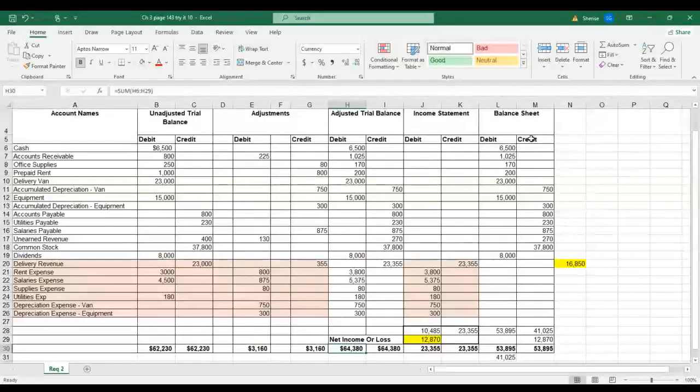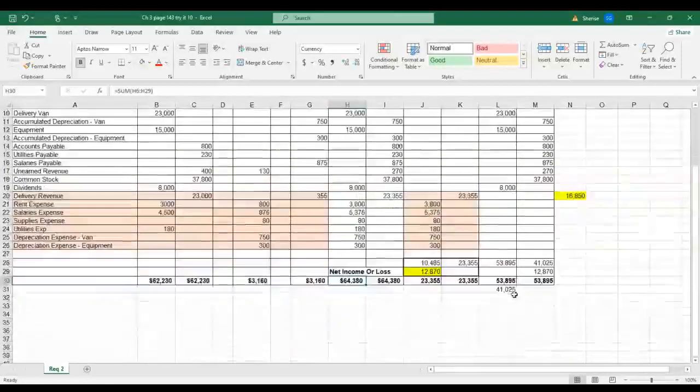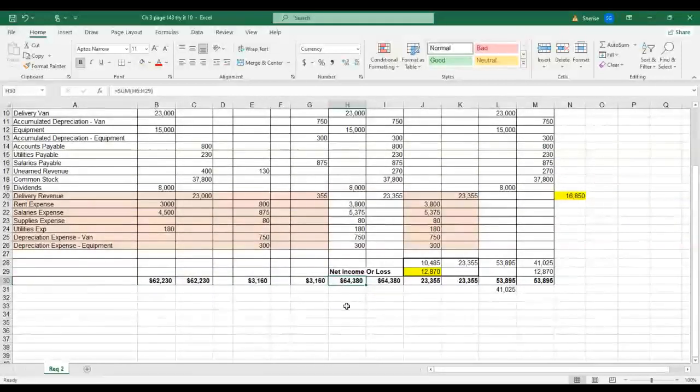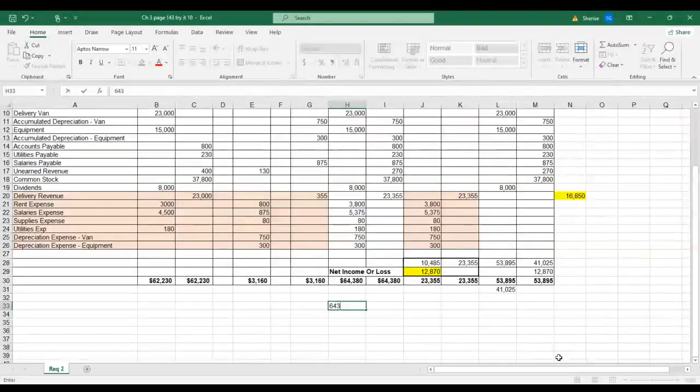That's another way for you to see if you're on the right track with filling these out on your assessment. So for example, if I take this 64,380, this is from our adjusted trial balance,